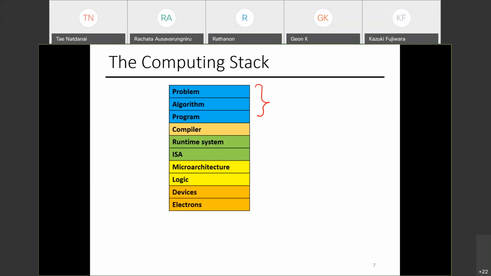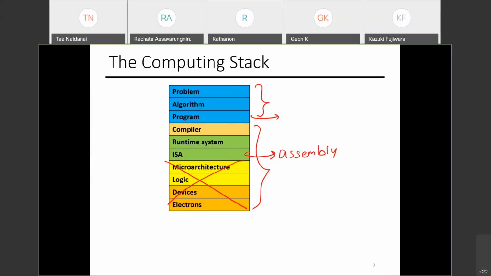When you run a program, be aware that a lot of things happen to convert everything you write in text, the program, into electrons. We will not touch anything in here. This is too low level. We are not physicists. We are not electrical engineers. You are not circuit designers. You are not computer architects. I am. If you're curious, let me know. I have a lot of things to talk about, but we are not going to discuss this in detail in this class. When we talk about assembly, this is where we'll touch a little bit.